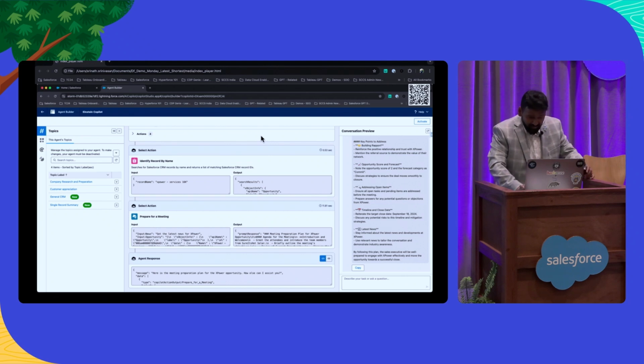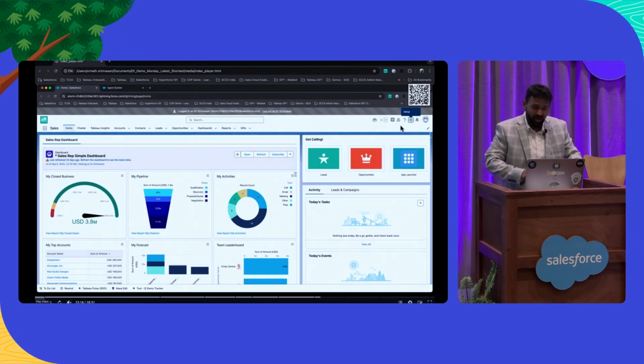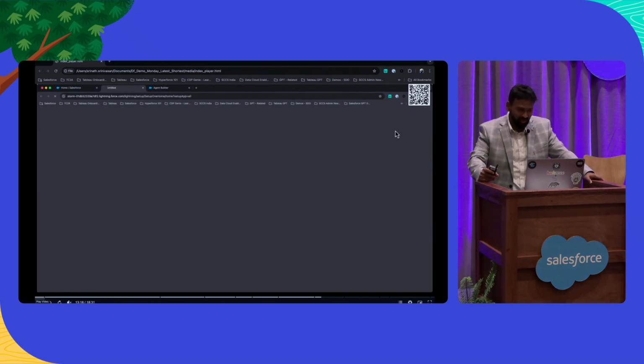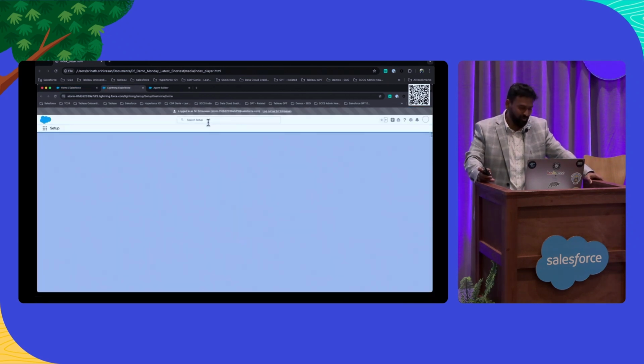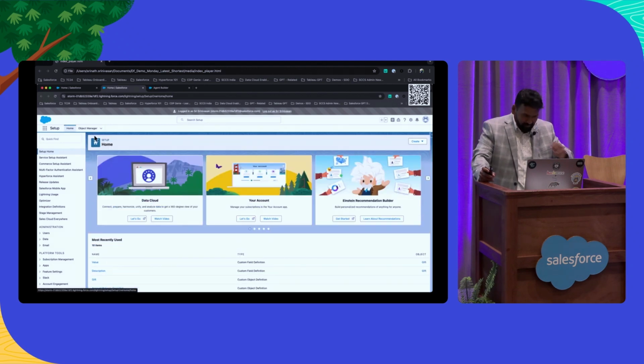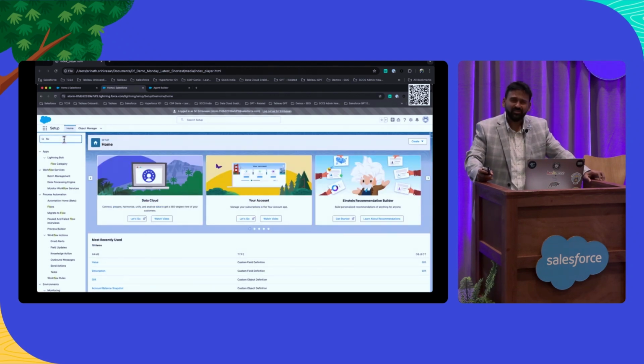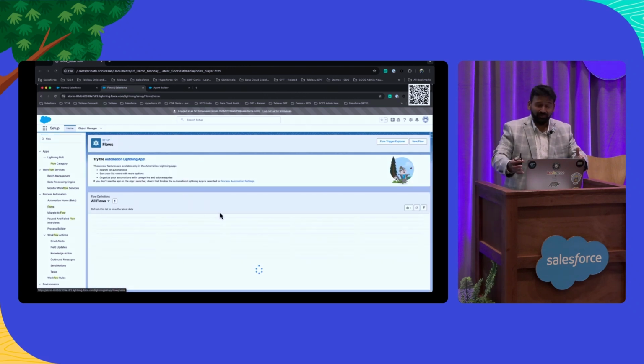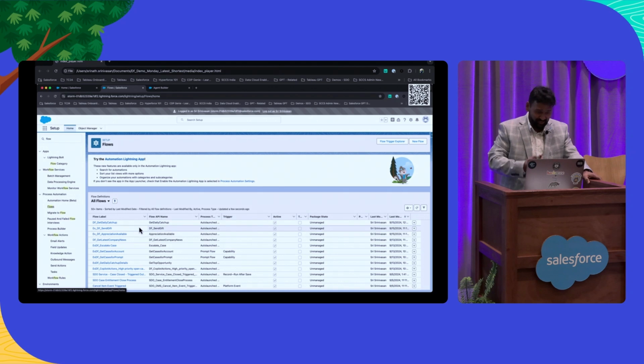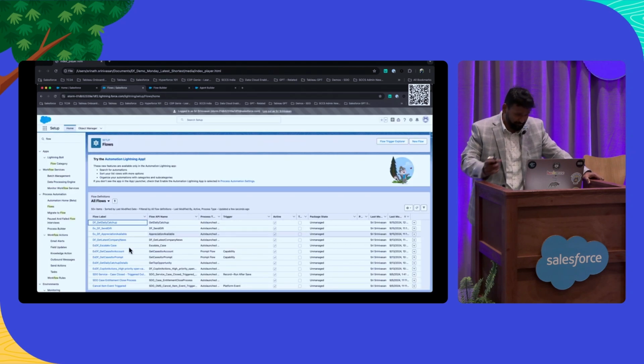So as we get started on this, I've gone into my flows. Let's go ahead and choose the flow that we just created. The process is pretty identical between a prompt and the flow. As long as you can build your flows, you can take those flows and make them into agent actions. So I'm going to jump into this flow, that is the get daily catch up.